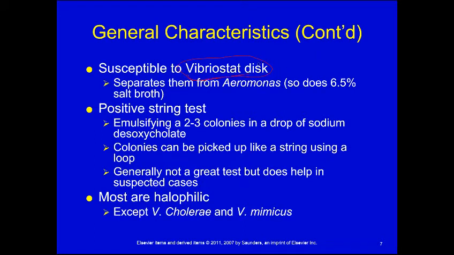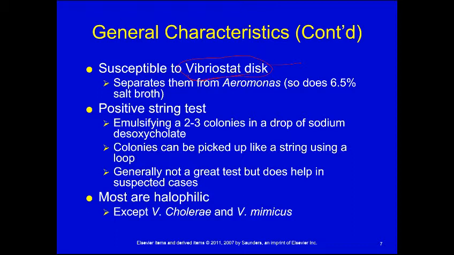This Vibrio stat disc is the one that will separate Vibrio from your Aeromonas, kasi they behave the same. Okay? However, madi-differentiate mo sila using the Vibrio stat disc, and also in the 6.5% salt broth